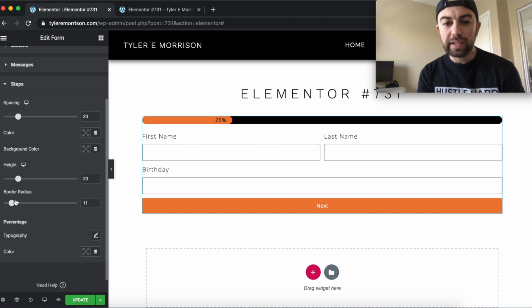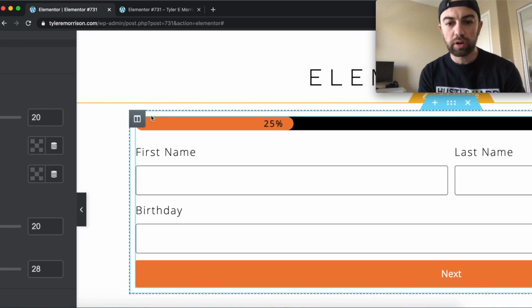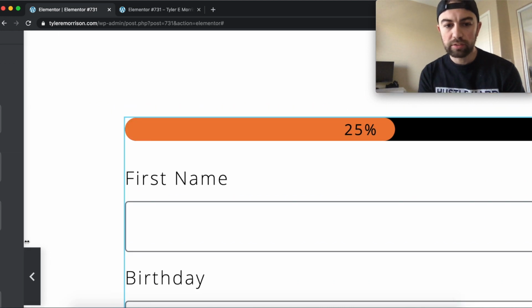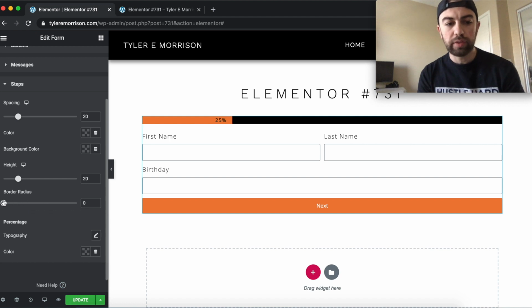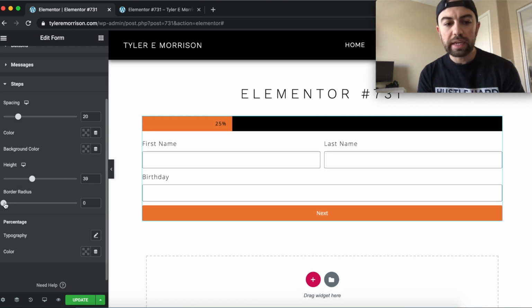If we adjust the border radius here, you can actually see that these corners are now rounded, as opposed to being kind of square and blocky. So that's really nice. You can do that. You can adjust the height of it. So each